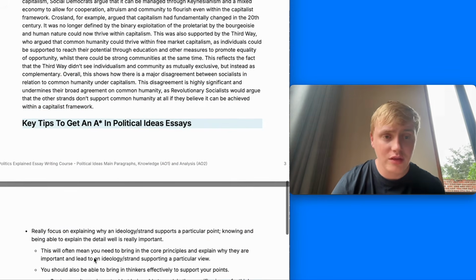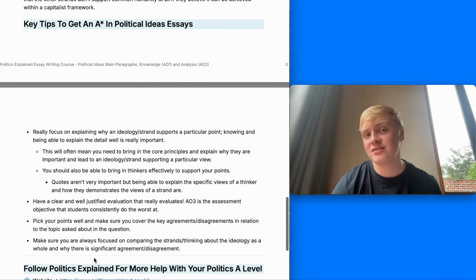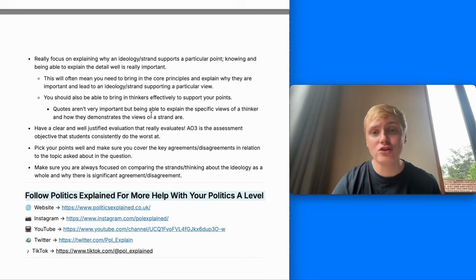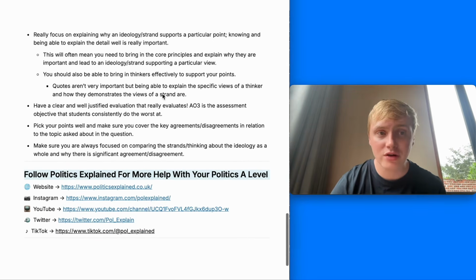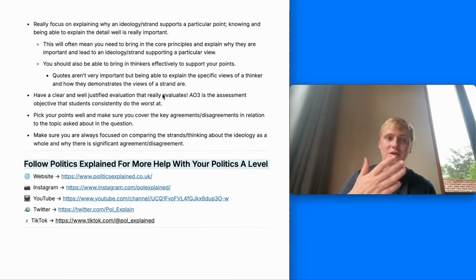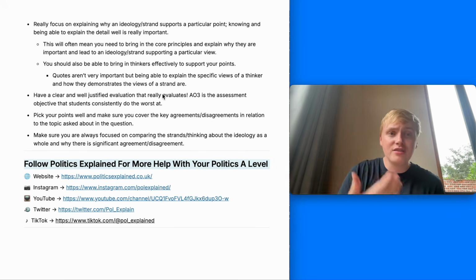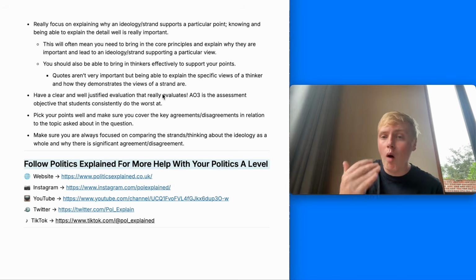The final thing we're going to have a look at then is just some key tips to get an A-star in political ideas essays. There's nothing really different you want to do compared to what we've gone through. It's effectively just doing it all really well. So some key points. If you're looking to get the A-star, you should be doing all of these really, really well. And that's firstly really focusing on explaining why an ideology or strand supports a particular point,